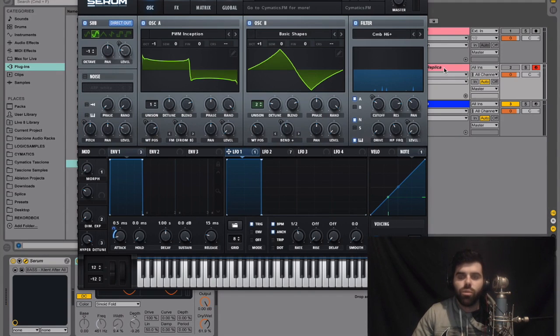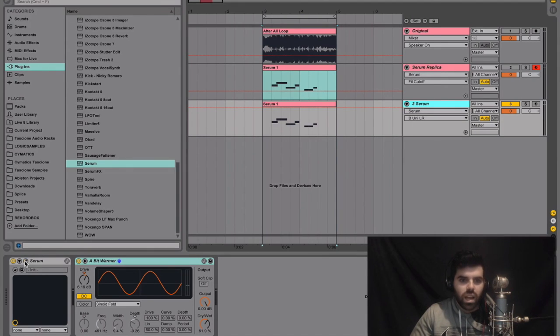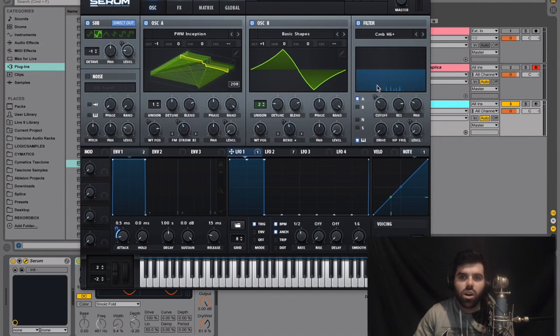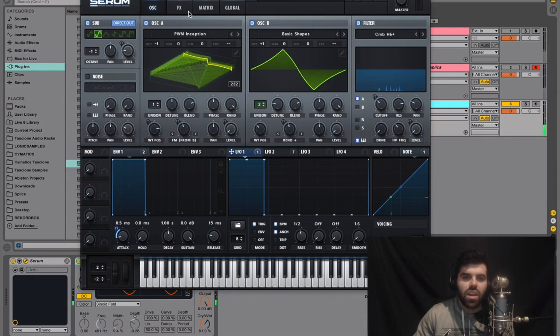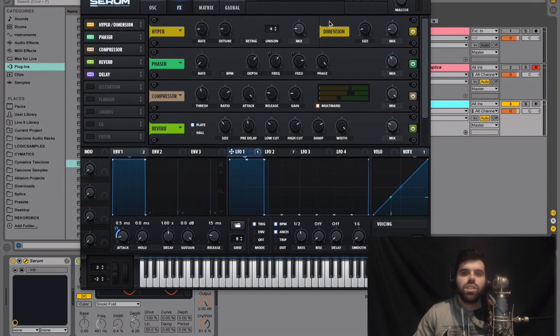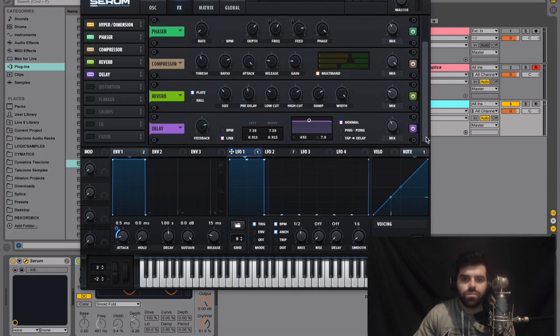After looking through the original patch, I realized that I did not have the key tracking on the filter cutoff. So basically what that's going to do is when we have different notes, the cutoff filter is going to be moving. And then also another thing that I got wrong was this mix, detune, and rate was set to a macro. So this rate was pretty low. The detune was actually higher, and the mix was up to around here. And that's basically going to give it a wider, more metallic sound.